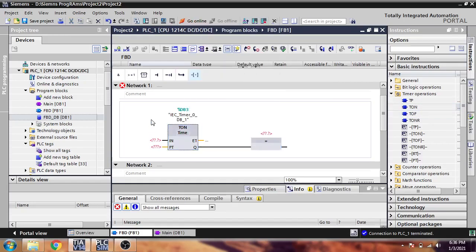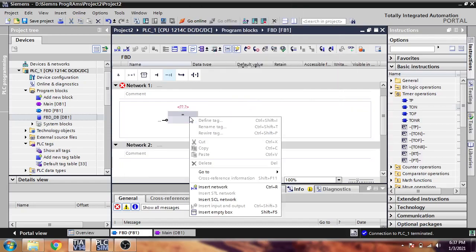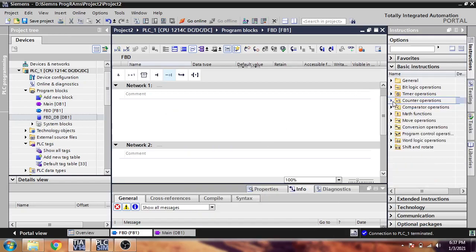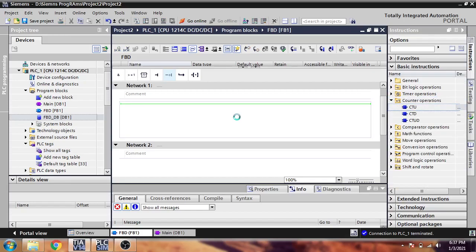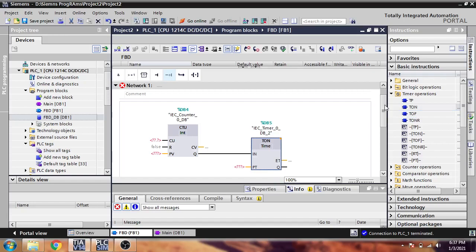Or if you want a negative, just put it like there, and you will see it is drawn like that. It is only a PD. Nothing changes, it is very much the same. And then a counter, if I put a timer there, you will see the timer there.